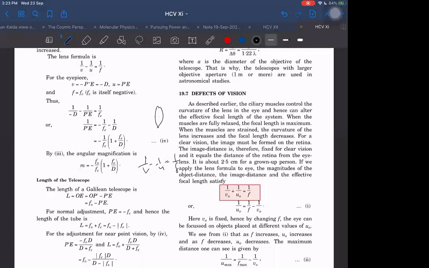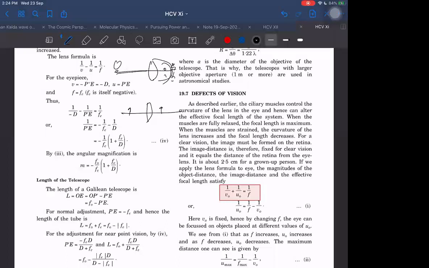But then we know, let us consider this side as positive. Then U will become negative. Then minus U will become plus U. So finally we convert into magnitude terms, and the reason for conversion is this. Why don't we do it for the lenses when we discuss normal lenses? Because at that time our object can sometimes come here, sometimes it can go there. But in our eye, nothing is going to change. Always the image will be formed on the retina and always the object will be on the other side. Is it possible for the object to be inside our eye? Not possible. Obviously, the object will be outside and the image will always be on the retina, because these things are fixed for our eye. Therefore, no need to think about signs.